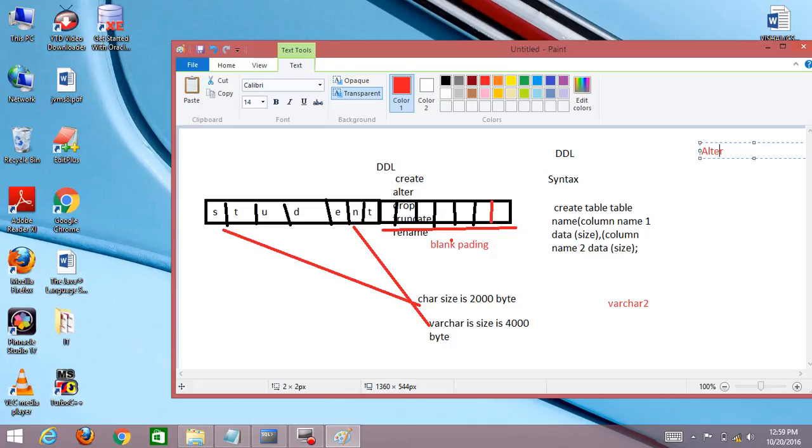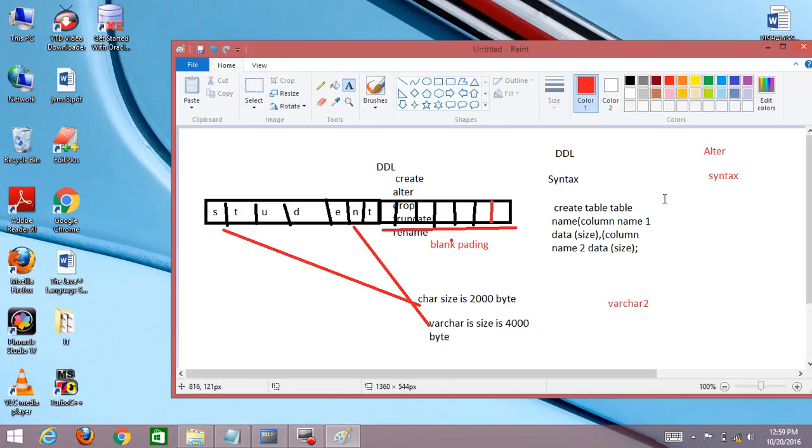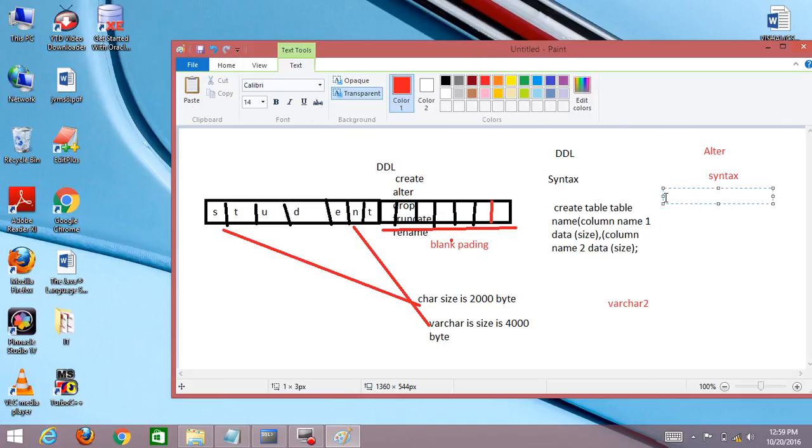ALTER is a new command. It is used to add a number of columns in an existing table. First I define the syntax, and then how to write the syntax of ALTER TABLE.